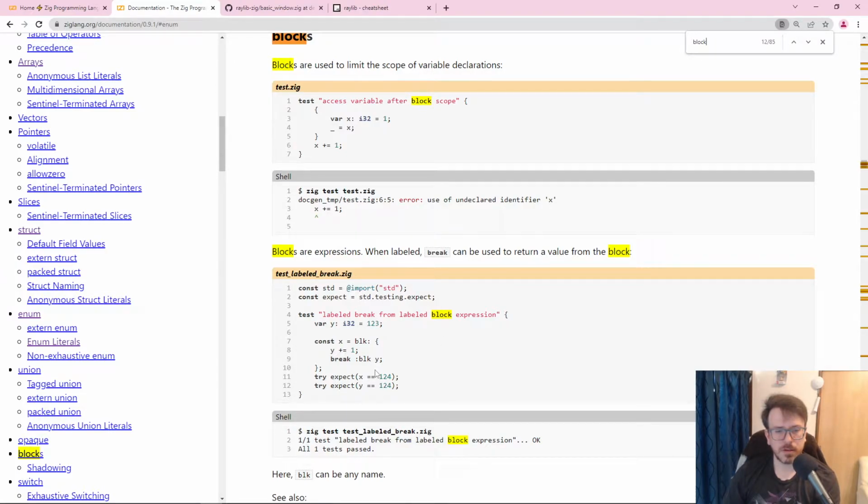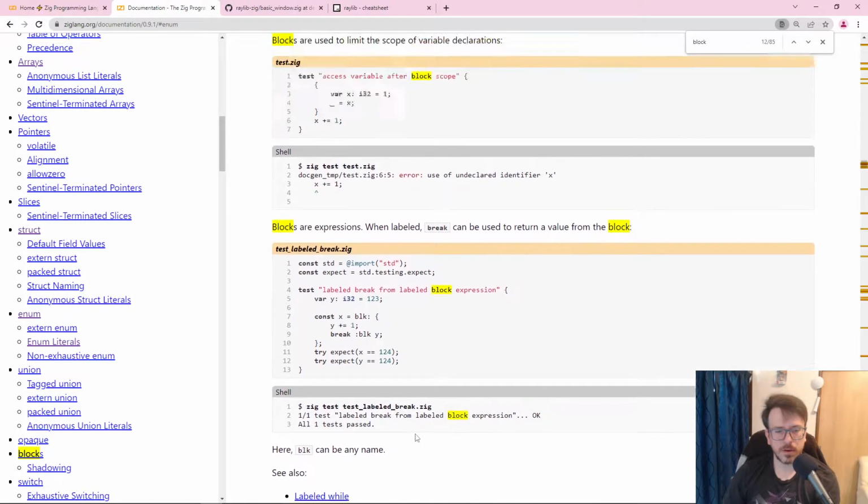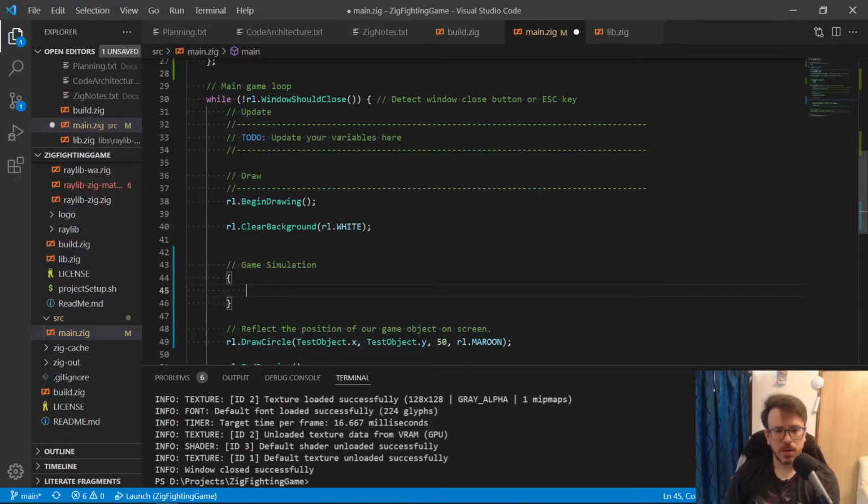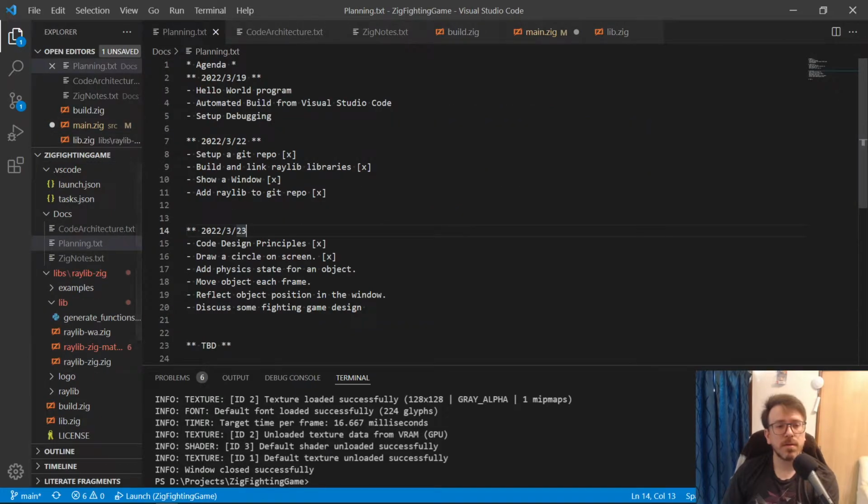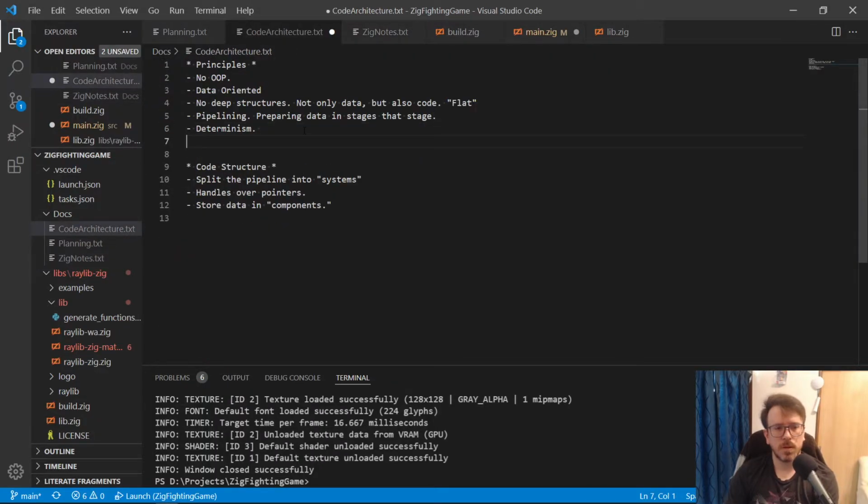You can return value from blocks. That's cool. Oh, wow. You can label it. Interesting. Huh. Great. Okay. So we're going to isolate the simulation. That's another principle I need to write down. So if we don't isolate the code for our game simulation, it'd be easy to introduce side effects or influences from outside code, which would break determinism. That's something I'll talk about more later, though. Okay. All right. Going back,